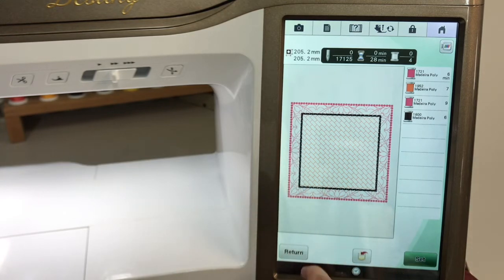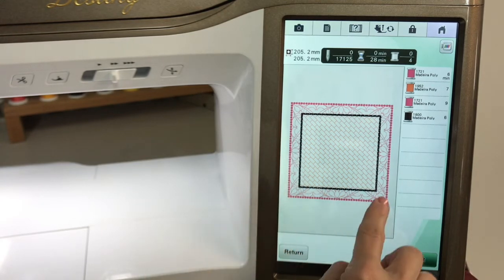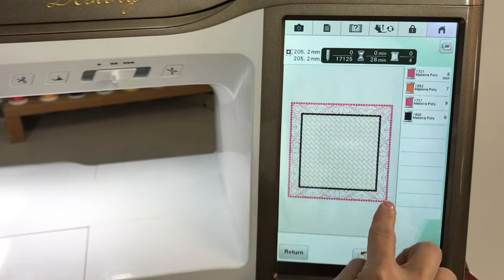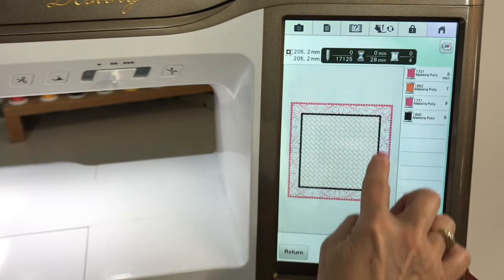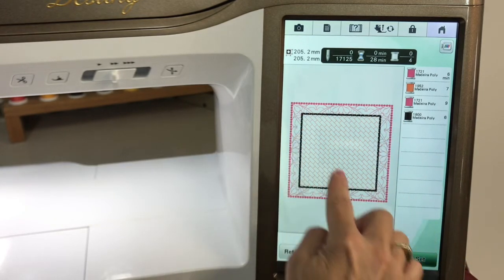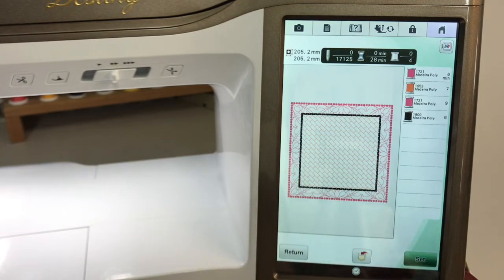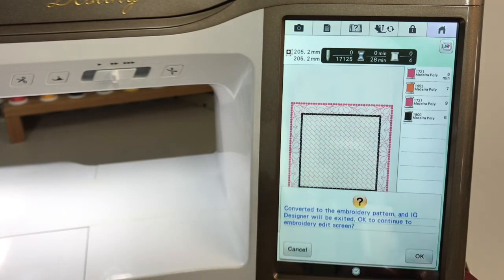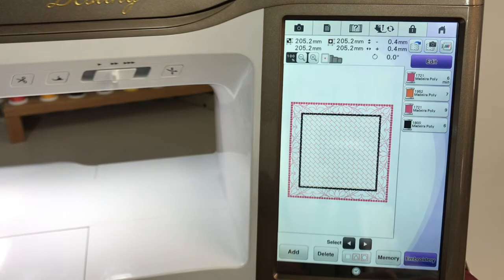So here's what we've designed. Looks pretty nice. We've got our candle wicking stitch around the outer edge. We have our satin stitch around our brick fill. We have our brick fill in the middle. Notice how it's at an angle. We're going to touch set, we like it, touch OK, and now it's bringing us over to the embroidery side